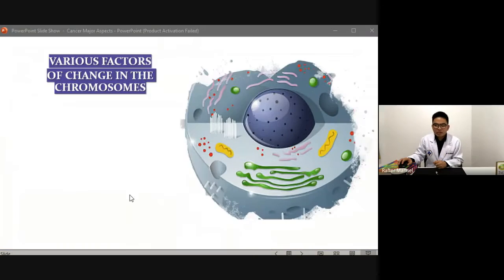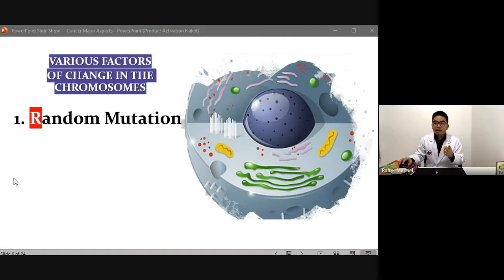Number one, let me share with you, the first factor is random mutation. This is what we call random mutation, and it can be caused by two things, either chemically or physically. Chemical carcinogens such as ethidium bromide. Physical, because of UV radiation. These things alter the nucleotide sequences in the DNA, which can be triggered, and these healthy cells